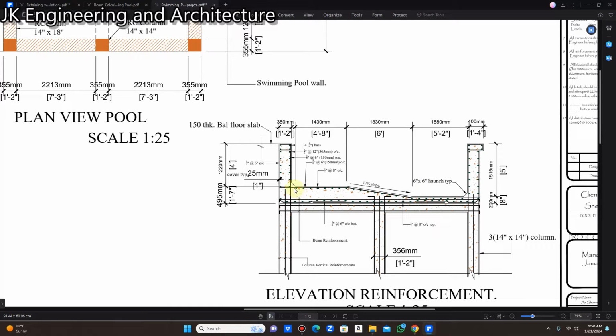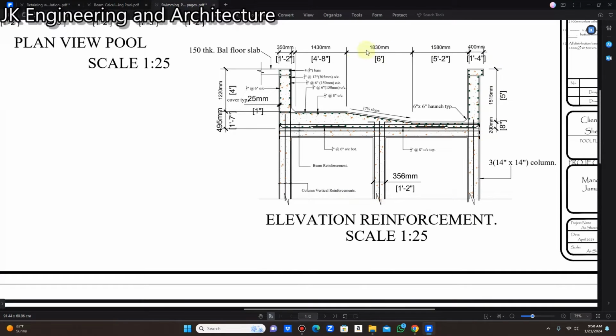And the top mat of the pool here is number 5 or 5/8 bar, spaced at 6 inches on center. Our distribution bar, or temperature and shrinkage bar, is a 1/2 inch bar spaced at 8 inches on center. So that pretty much takes care of the